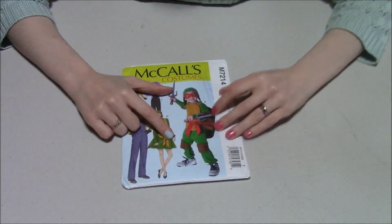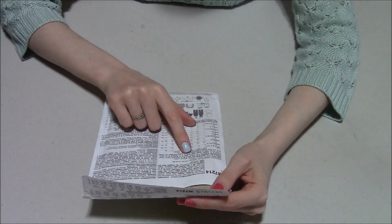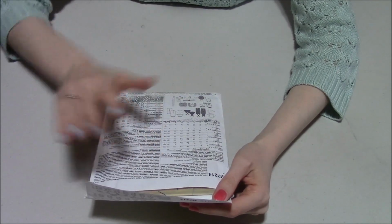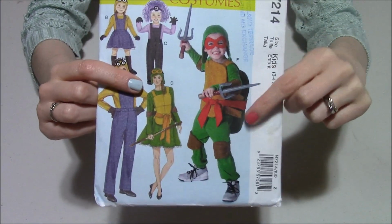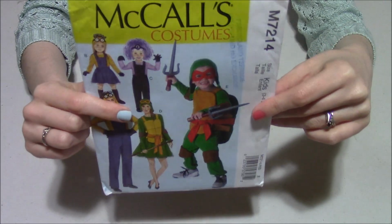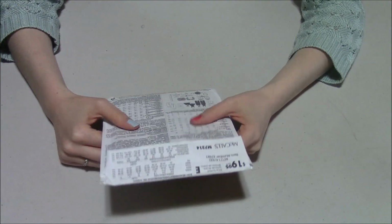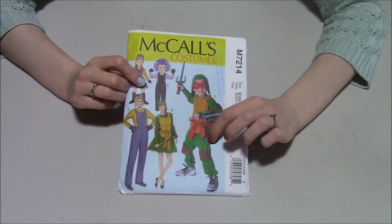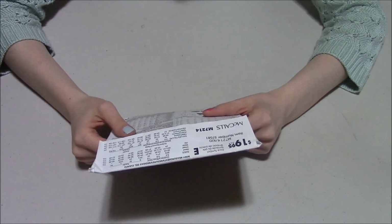First of all, looking at this picture, it says in the suggested fabrics here that this should be made out of sweatshirt material, jersey, stretch knit, that sort of thing. But when you look at the picture, he looks like he's wearing fleece. So I don't know, maybe you could use like a stretchy fleece, up to you. Basically what they're saying is that it's good for stretch knit. So for the hat, the shirt, and the pants, they're saying stretch knit. So they say sweatshirt material